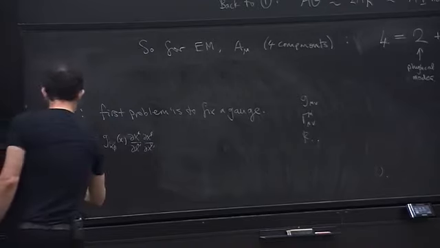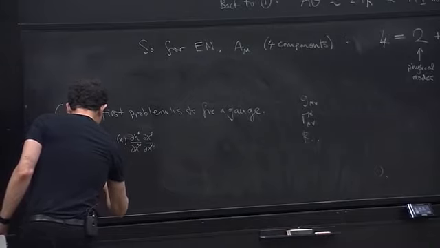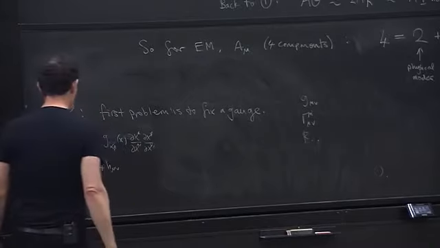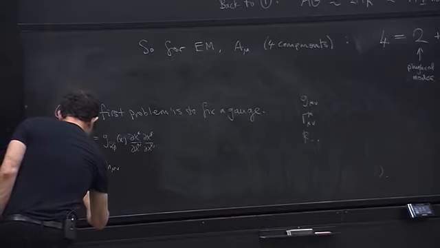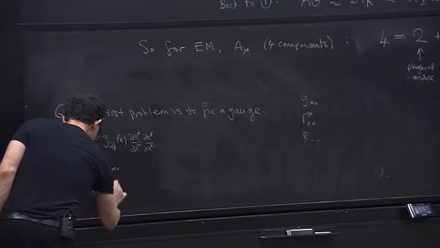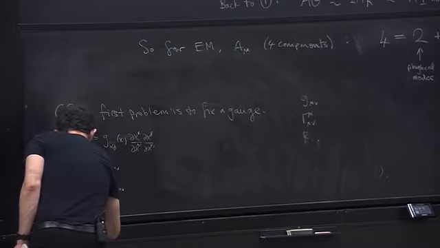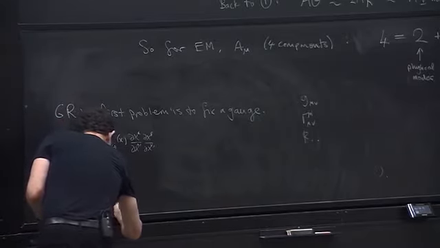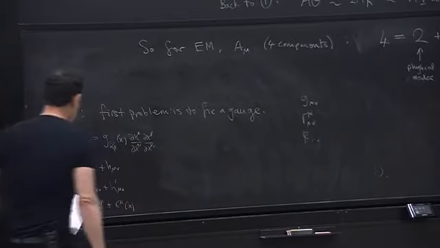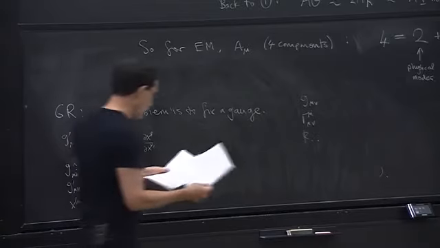Now, if g is approximately eta mu nu plus h mu nu, right? So both these metrics are going to be close to flat space, and so g prime mu nu is going to be approximately eta mu nu plus h prime mu nu. And if x prime mu is equal to x mu plus epsilon mu of x, that's a small coordinate transformation, then you can